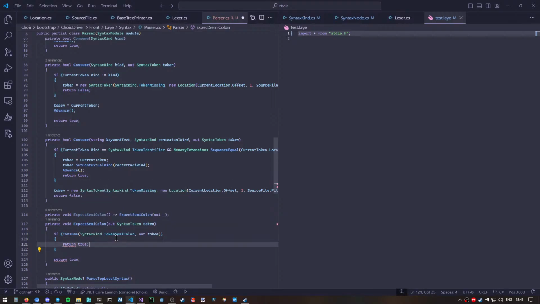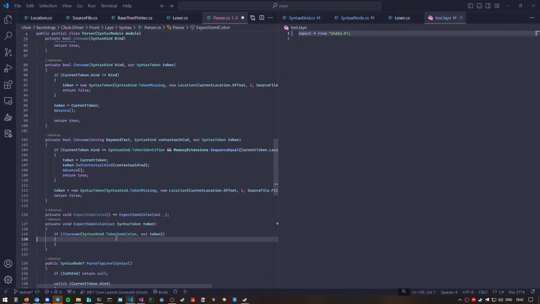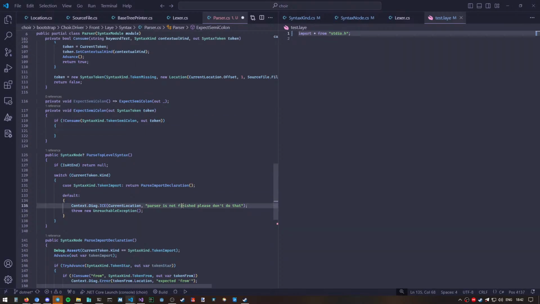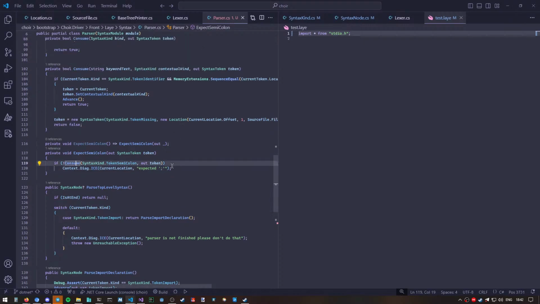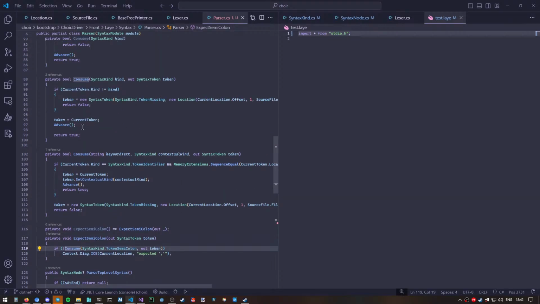So let's actually say if consume return true. That's fine. We don't even need to... Okay, I take it back. If not consume, then we just report the error. So we can just say expected semicolon. Right. Now consume is going to advance if it's correct. It's not going to advance